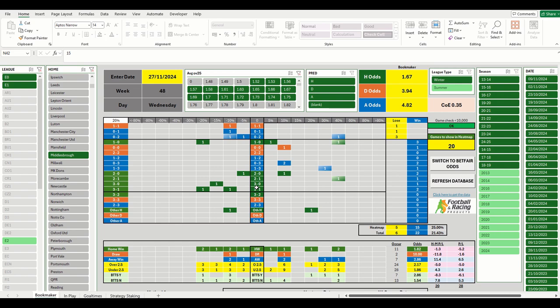the Middlesbrough heat map. Now looking down here, actually the value here is on the away win. So you can see that of these 20 games, there's been 11 home wins, the majority, and 7 away wins. And if you'd backed the away team on all of those 20 games with a 1 unit stake, you'd be £11.40 in profit, or 11 points 40 up. And even with the whole database, there's only another 8 games, but that still shows profit, although that profit is eroded. It's lower than what it is. So that's showing that those other 8 games, well, you can see there are more draws in there